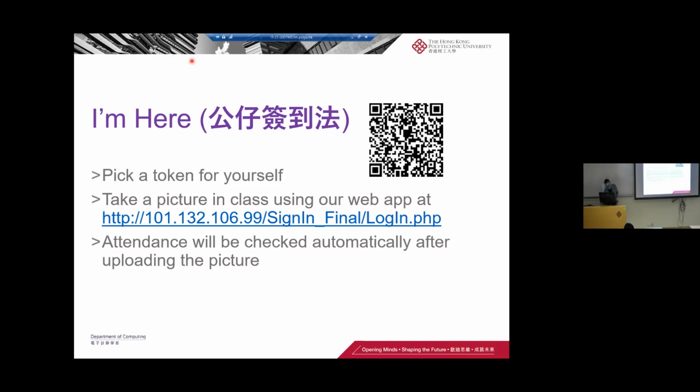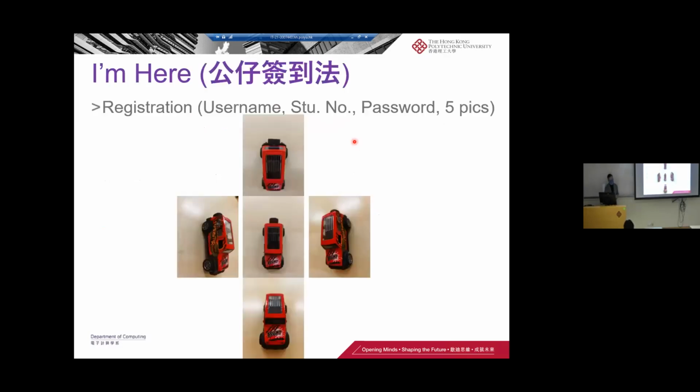Here actually is a QR code for that web application. You can scan it later. If you scan the QR code, you will be directed to a registration step, where you pick a username, input your student number, and set the password. Then you're asked to provide images of your token. You can take 5 of them: the front and top, the back view, and the left and right view of that token